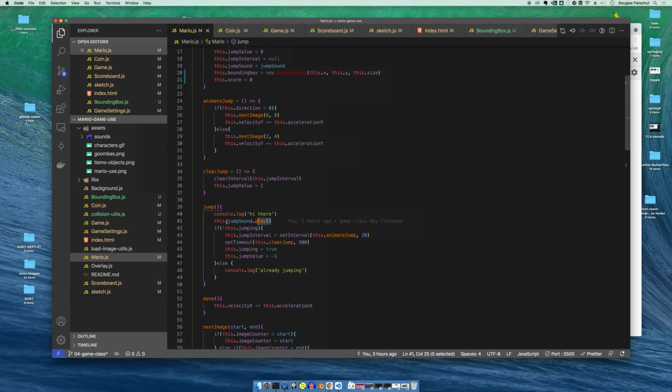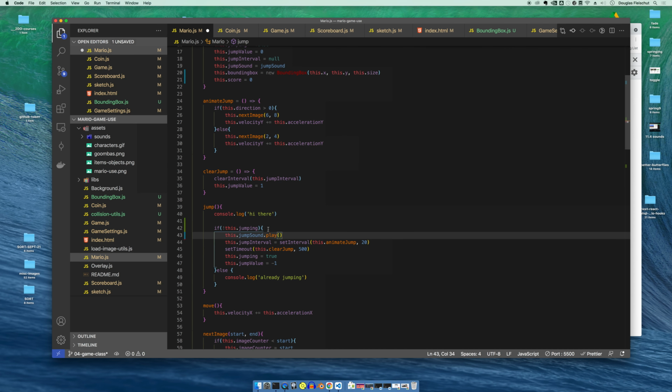Which is why I have this.jumping, so that these things don't fire again and again and again. Anytime you're making an interaction, you probably want to set up this sort of thing where you set some value to true, and then that key will only work until you set that back to false, which happens here in,